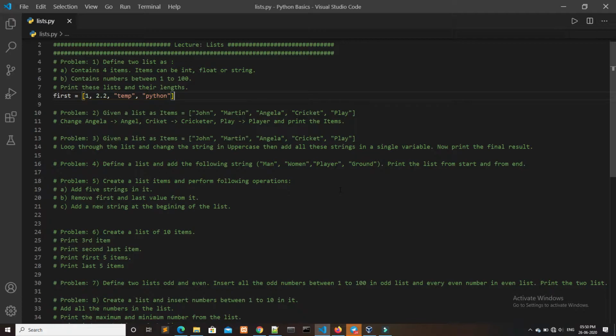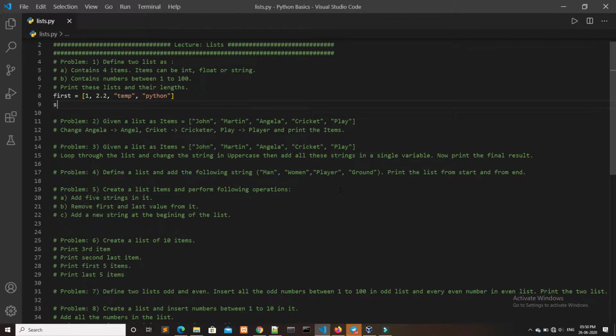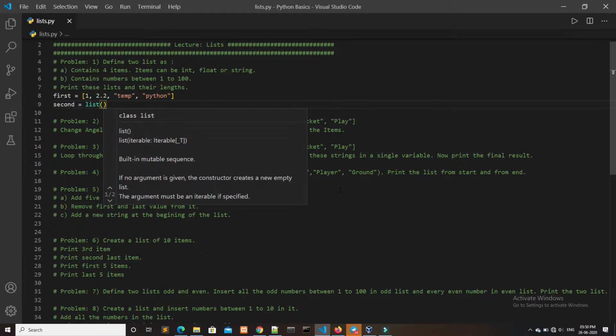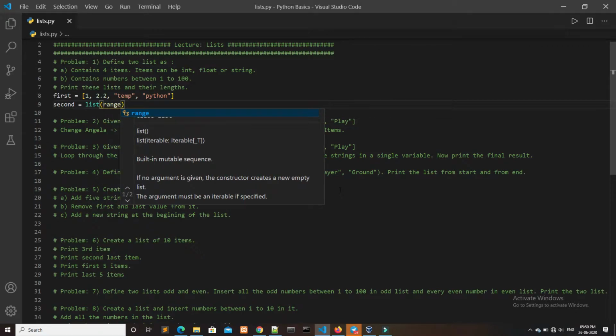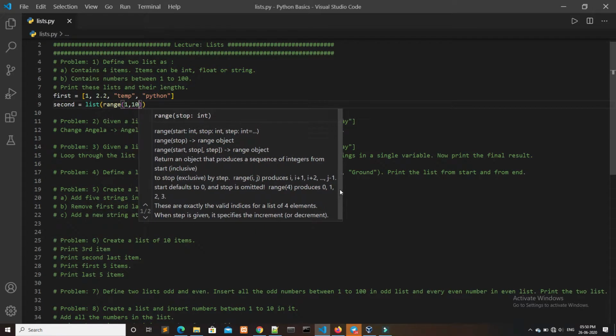In the second part we have to insert numbers between 1 to 100. So let the second list be second, and to insert numbers between 1 to 100 we simply write list of range 1 to 100.